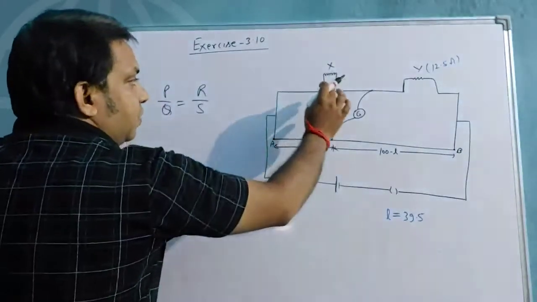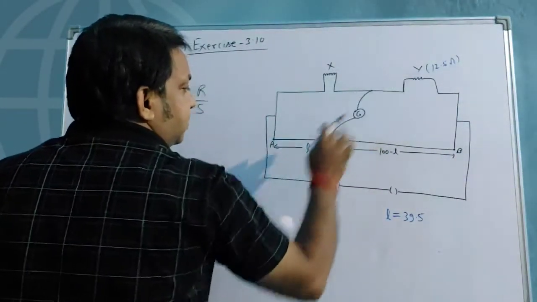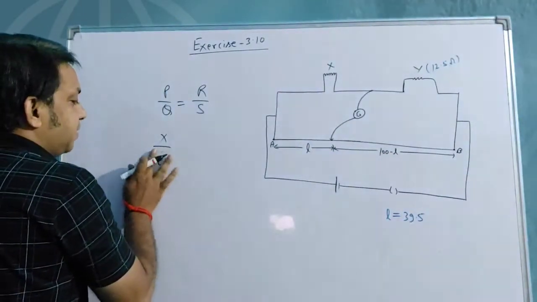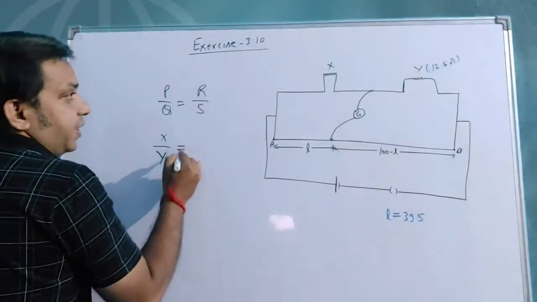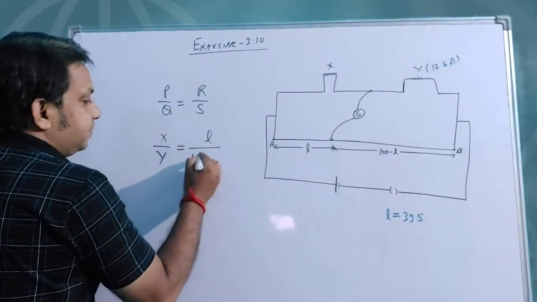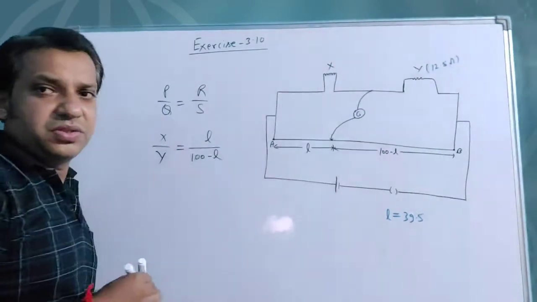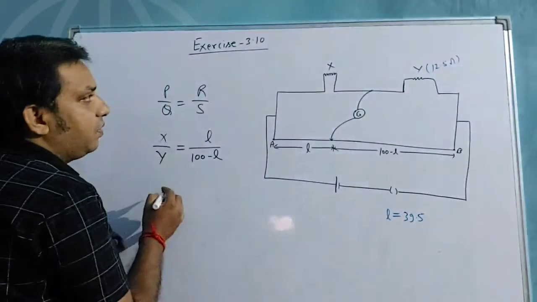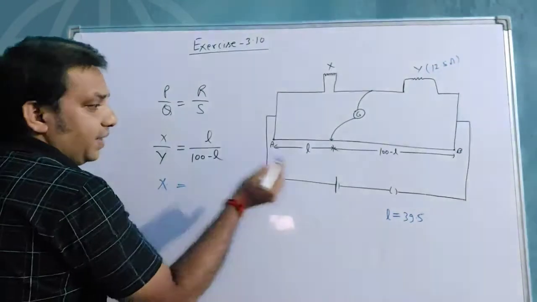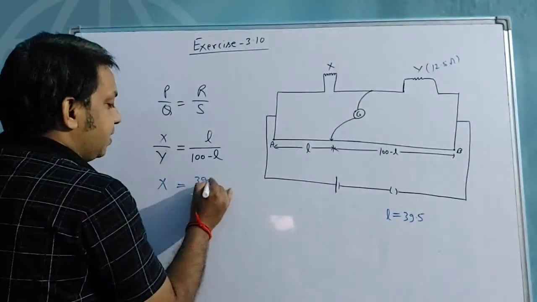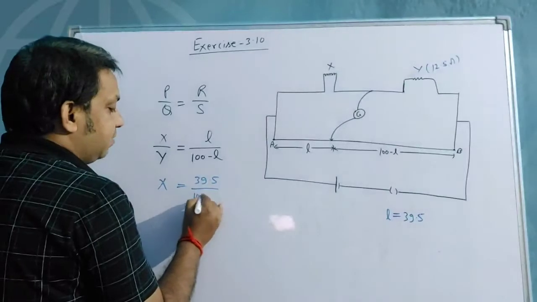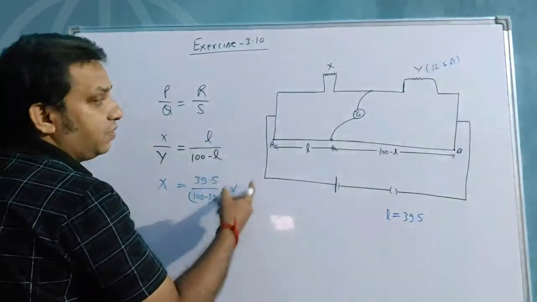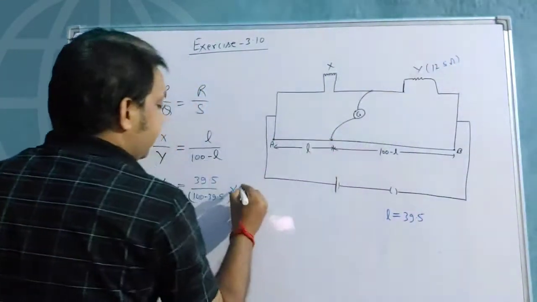So here, this is P, this is Q, this is R, this is S. X divided by Y is equal to L divided by 100 minus L. This is your basic condition for the balanced Wheatstone bridge. The value of X is our aim to find, and L is known, 39.5. So 39.5 divided by 100 minus 39.5, multiplied by the value of Y, which is given as 12.5